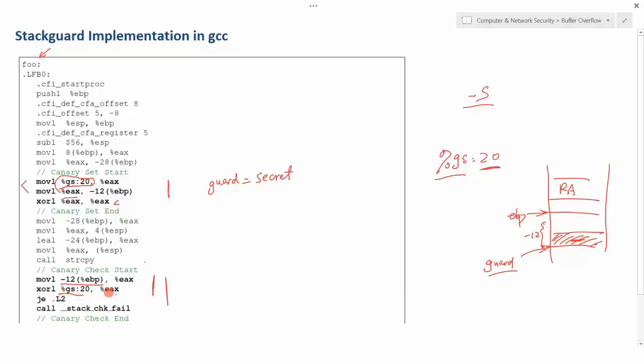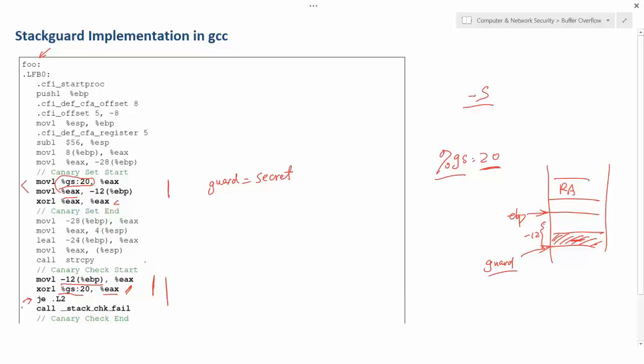Then compare with XOR, basically checking whether these values are the same. Because if you XOR EAX with this secret, if the value is 0, that means they are equal. Basically, if you XOR something with itself, it should be 0. If it's not 0, that means these two numbers are not the same. So it XORs and checks whether they are equal or not.